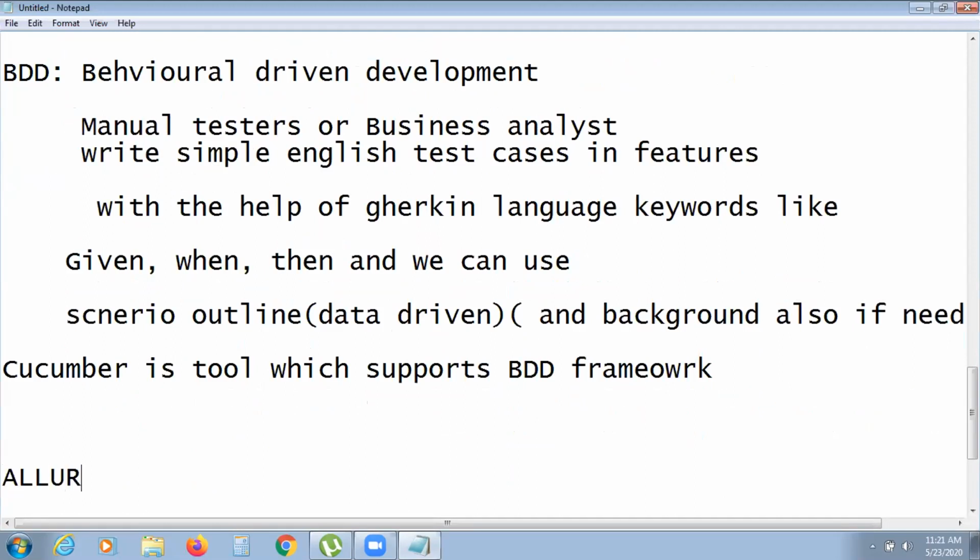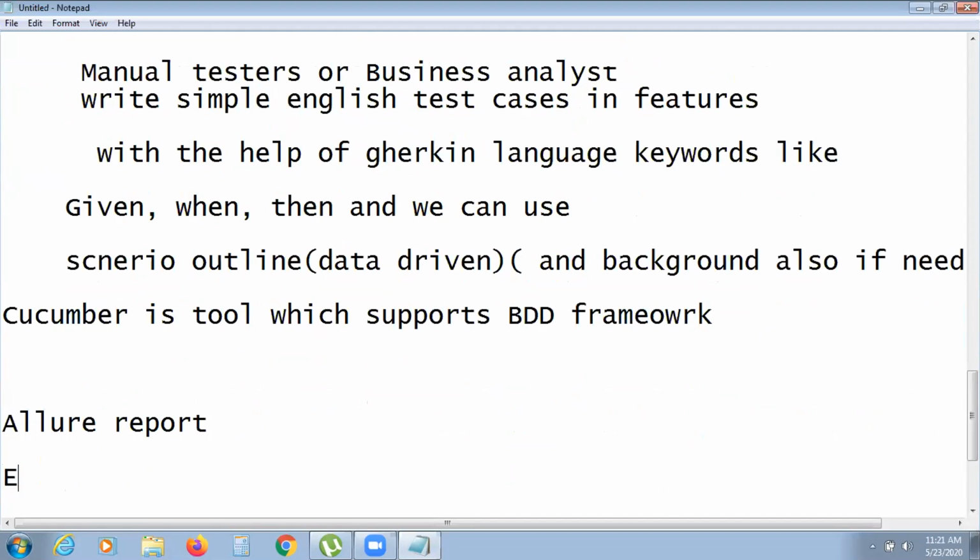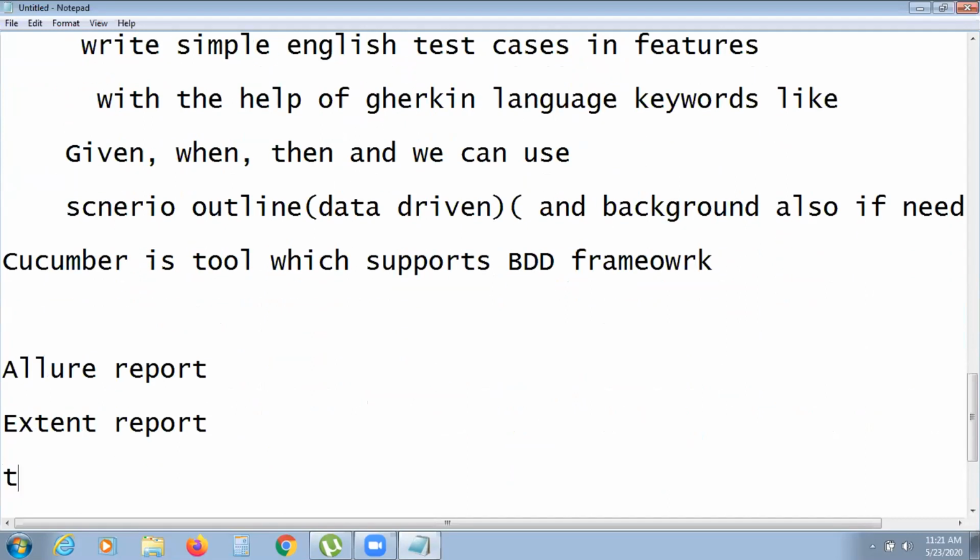We are seeing Allure report, Extent report, to customizable report.